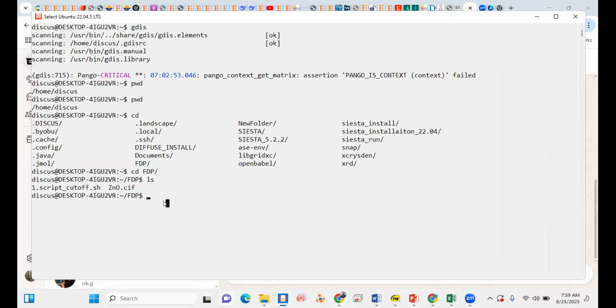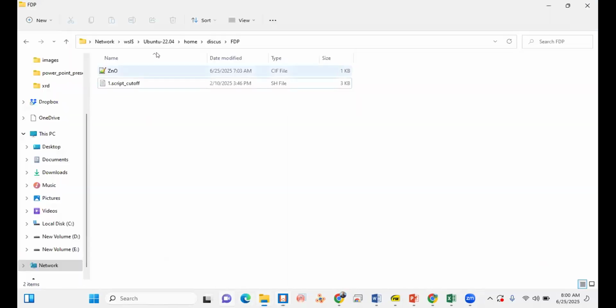Now, maybe some people don't know how to share files if they are working with WSL, Windows Subsystem for Linux, and are not familiar with how we can bring a file or a folder from the Windows system to WSL. The command for that is very simple.